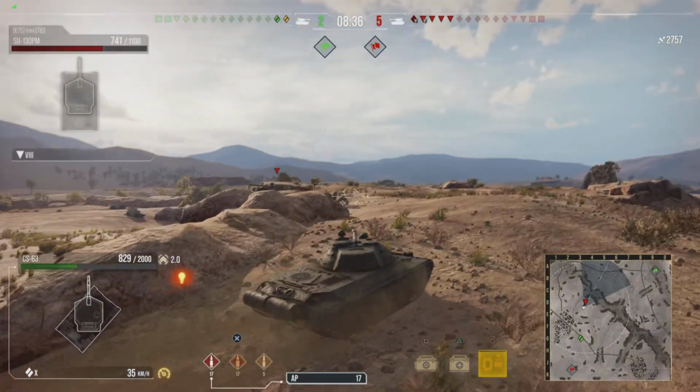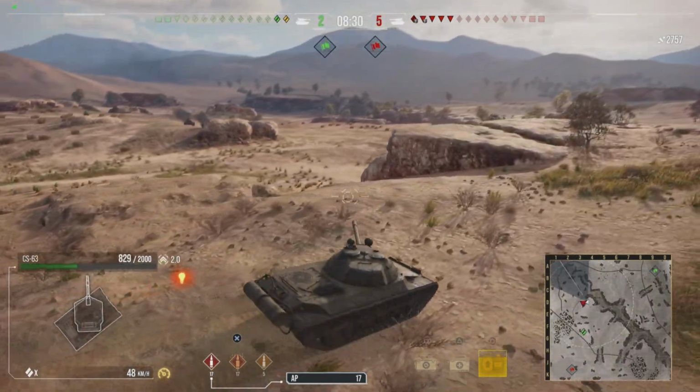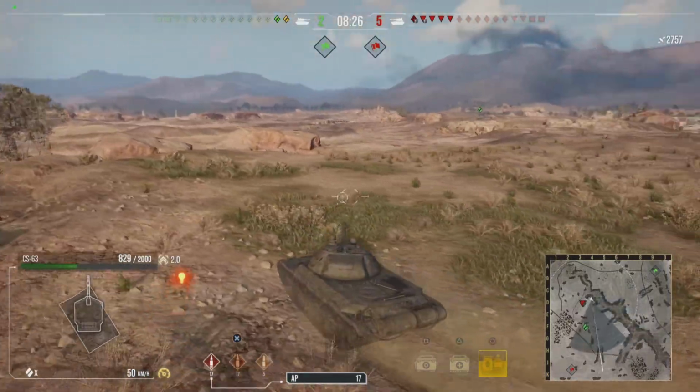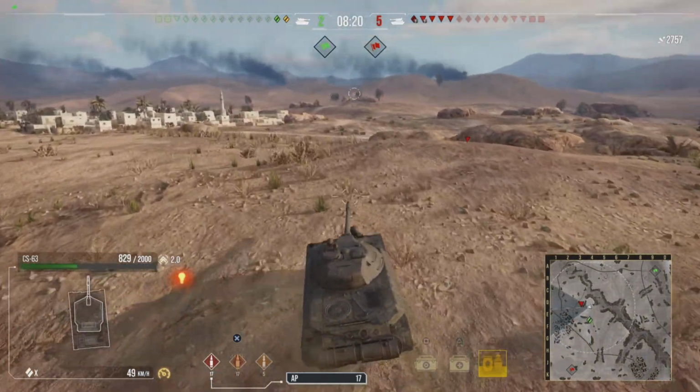So yeah, we're trying to get this TD, but he's doing the right thing and pretty much dodging it. I don't know how he didn't take any damage from that. If I did the same thing, I would definitely be getting damaged quite badly. We don't want to push him now. He's probably reloaded. Don't want to take a big hit unless I have to. And